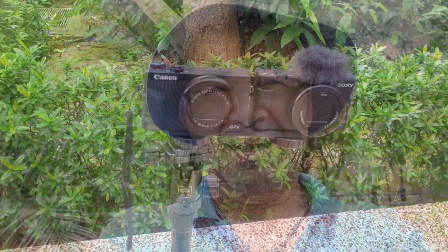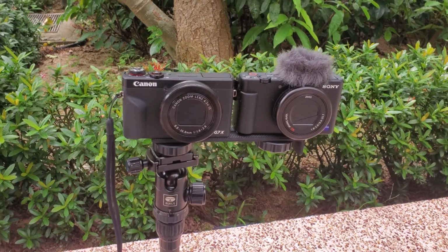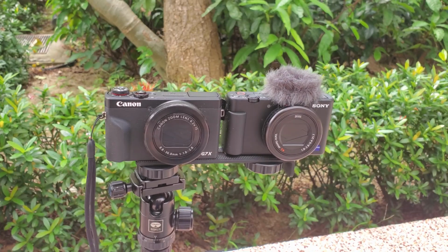So in my previous video I mentioned that Canon's latest compact camera is not suitable for shooting videos of fast-moving subjects because its autofocus was not fast enough, not overall very good. And to demonstrate that, I brought here with me two cameras mounted on top of a small tripod side